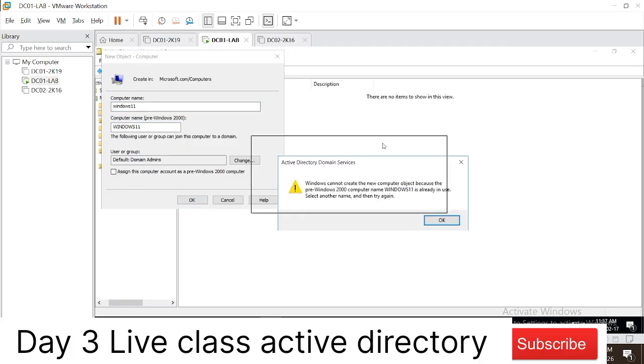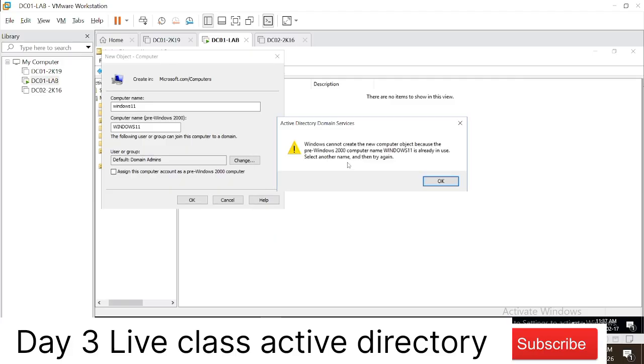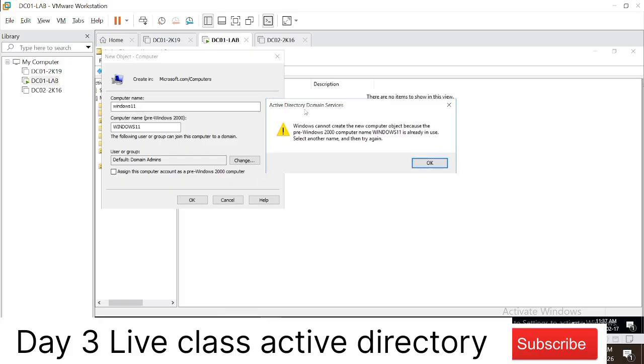Which part of the Active Directory is giving me this error? Can you explain? Anybody? Any idea? I just explained FSMO roles. Which part of FSMO roles is taking care of this error? Domain naming master. Yeah. Perfect. Domain naming master.